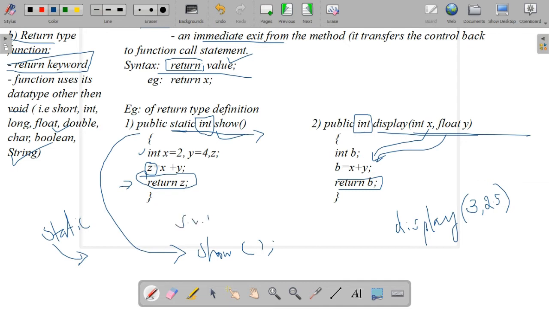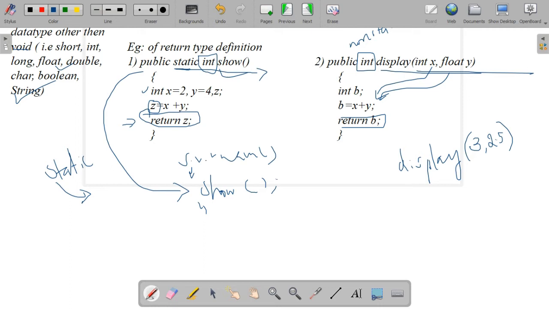It is static, so we will call it inside the static void main. Inside the main method I have called this one, show. Here is one more case: this is a non-static method. A non-static method cannot be called in a static method in a direct way.